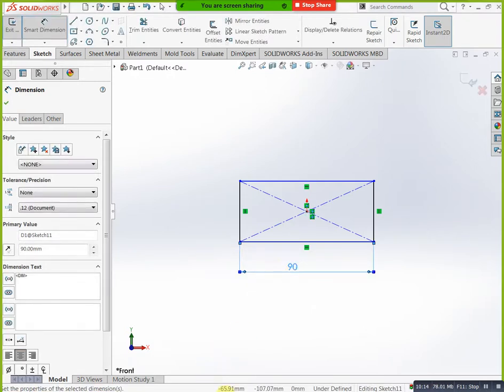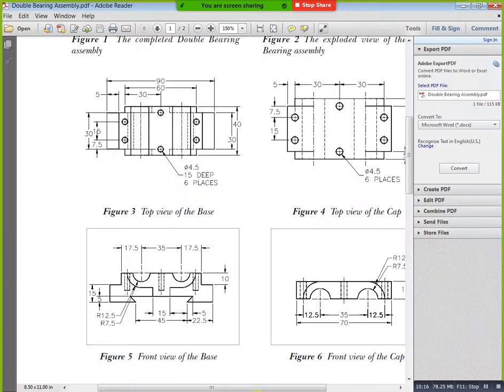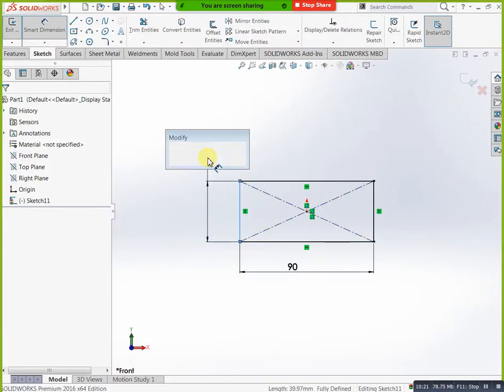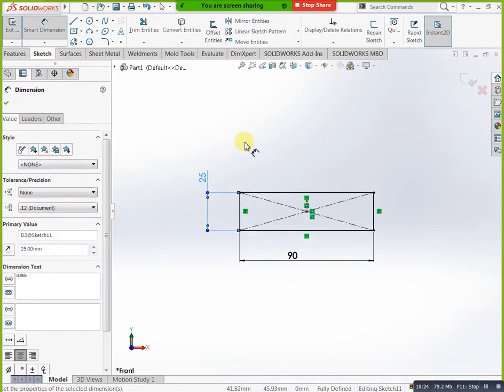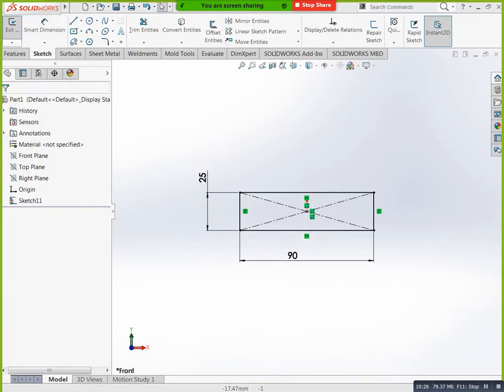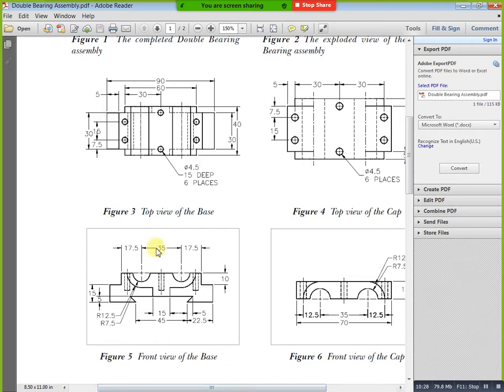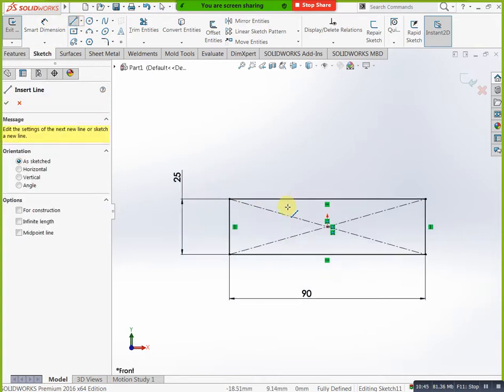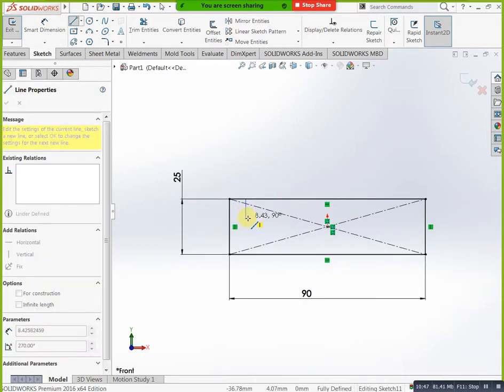Okay, after that here we have totally 90 dimension are here. 90, here we have 70. 90 minus 70 means you are getting only 20. 20 means this side we have 10, this side we have 10. Now you can remove this L shape, 10 by 10 square. Now you can take two lines here. At the same time you can measure dimension for this. 10, 10.